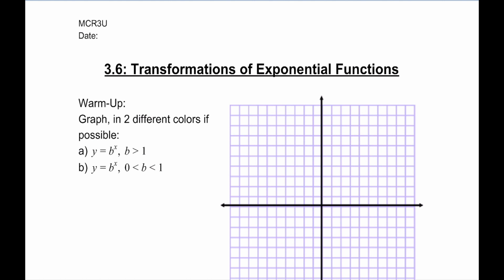So up until this point, we looked at various transformations of parent functions. The very first section, 3.1, where we looked at the functions x cubed, or the cubic function, the square root function, the absolute value function, and the reciprocal, or 1 over x function. Looking at those parent functions, we then looked at the transformations, both horizontal and vertical compressions, stretches, or reflections, and also horizontal and vertical translations, and the shifts of the graphs, and how they affected all four of those parent